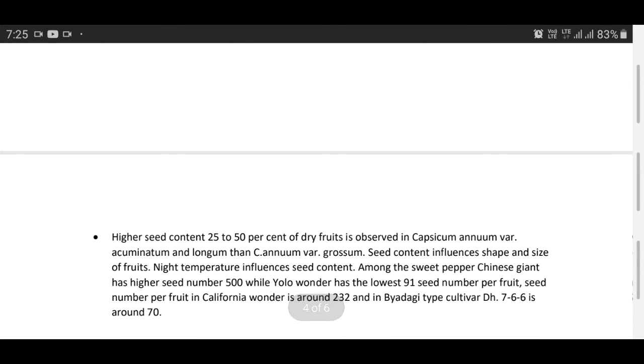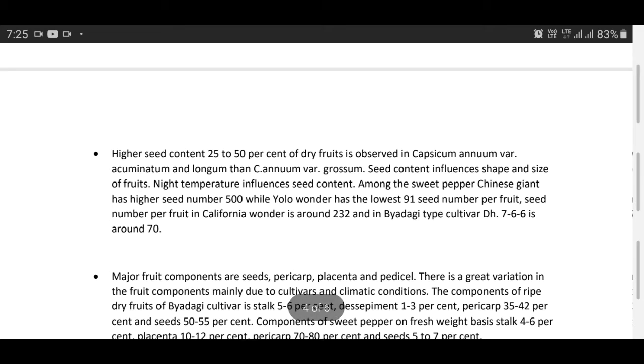Higher seed content, 25 to 50% of dry fruit, is observed in Capsicum annuum variety acuminatum and longum than Capsicum annuum variety grossum. Seed content influences shape and size of fruits. Night temperatures influence seed content.